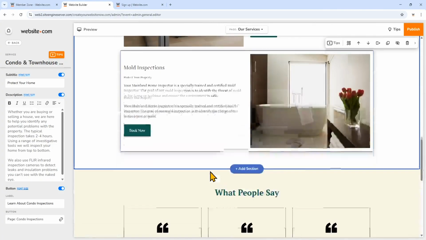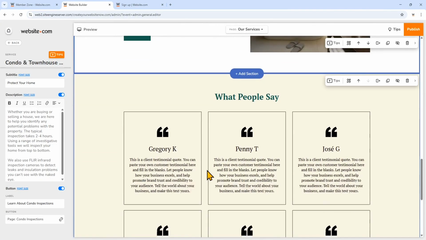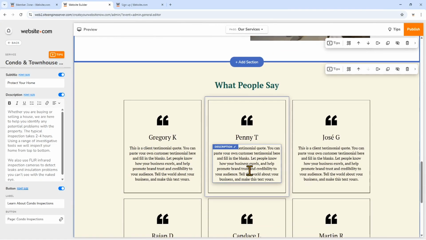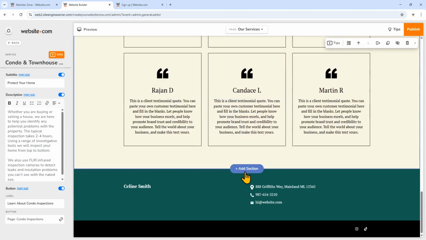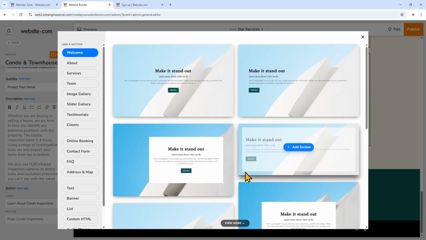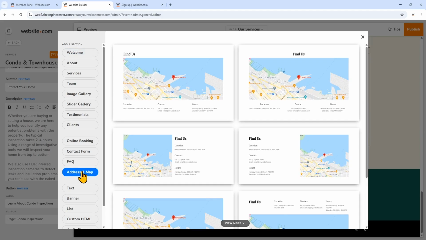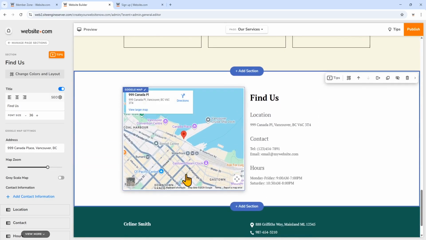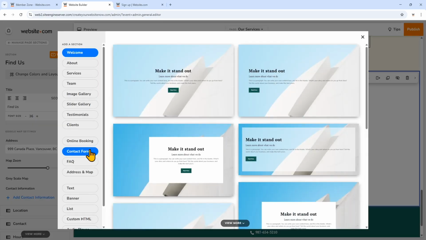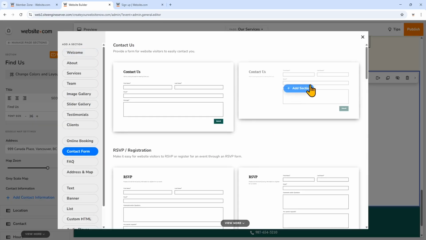And now under these services sections, be sure to edit the testimonial section that's here. And I'll add another section, which is a contact section. Again, I want to give visitors the easiest time possible hiring me. So I'll add an address and map section, as well as a contact form section.